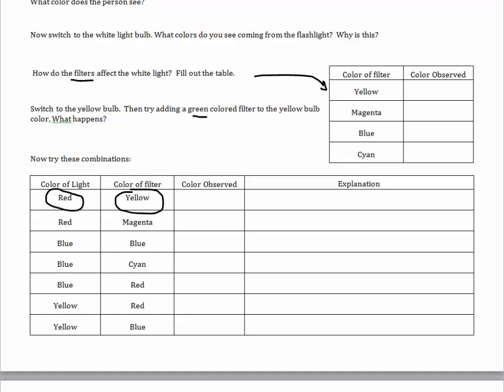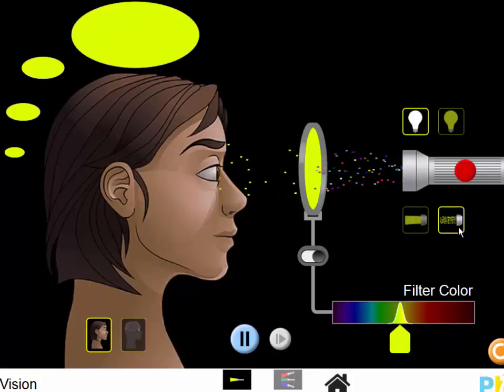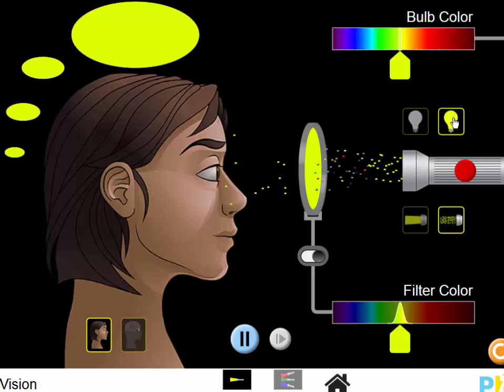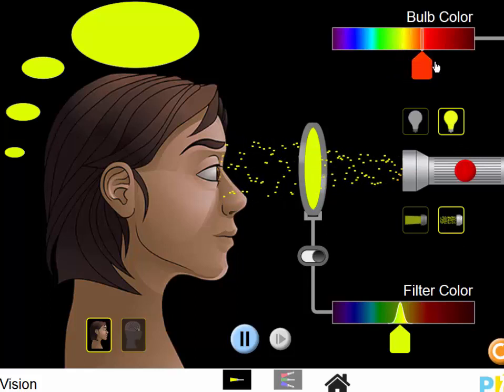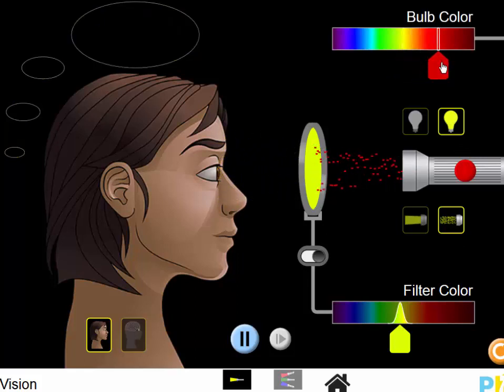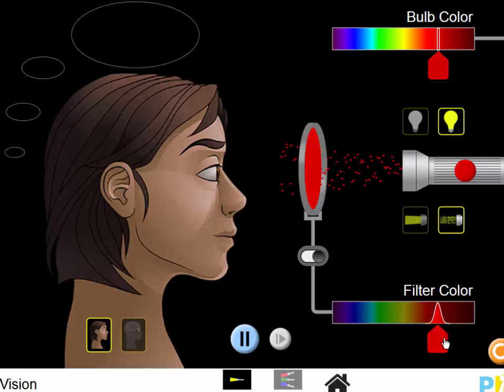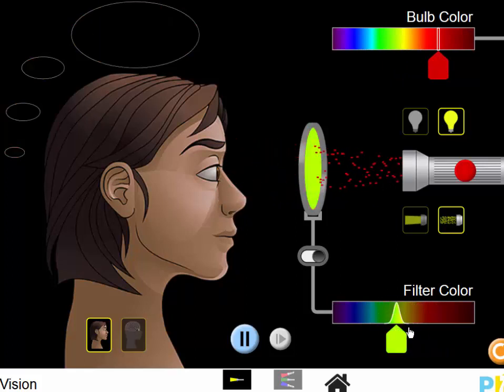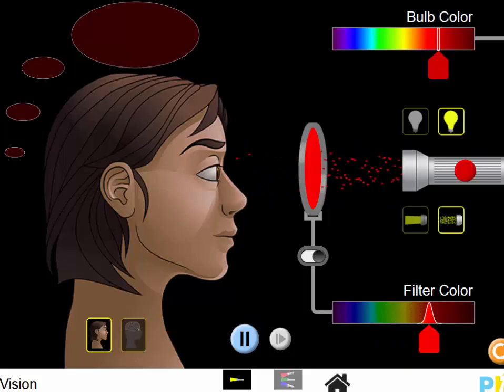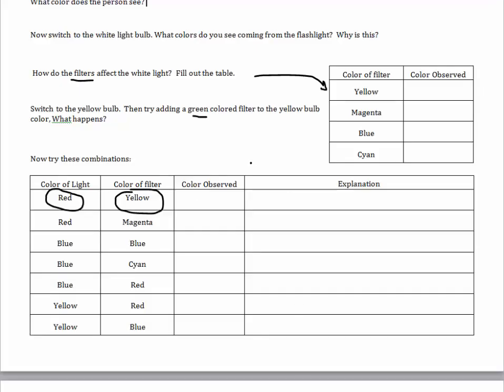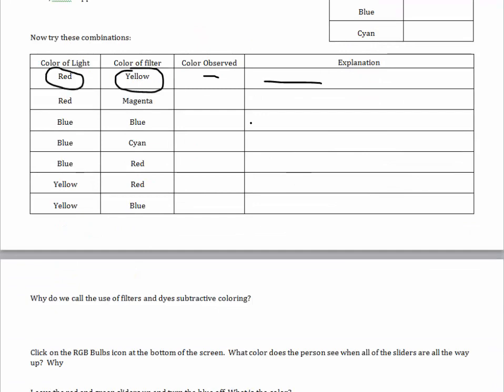In order to change the color of the light, we're going to come back to this guy right here, and we can turn the bulb to, say, red, and then we can mess around with the filter kind of like this, and choose the various colors. All I have you do is fill this table out: what color is observed, if any at all, could be black, and explain why this is,